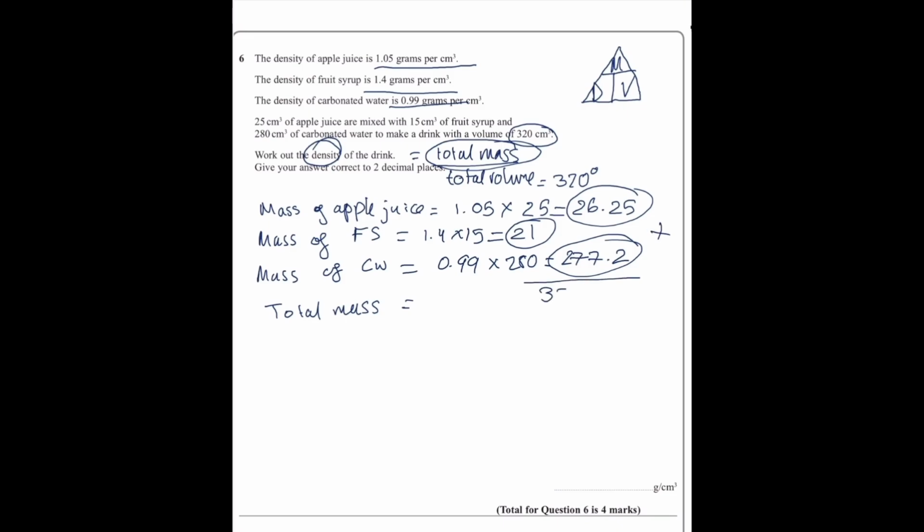And we end up getting 324.45. So now looking back to our equation and the question, we're asked to work out the density of the drink. So we need to put that mass divided by the volume, which we found earlier to be 320, to get our actual density of the overall drink. After putting that onto the calculator, we get a density of 1.01